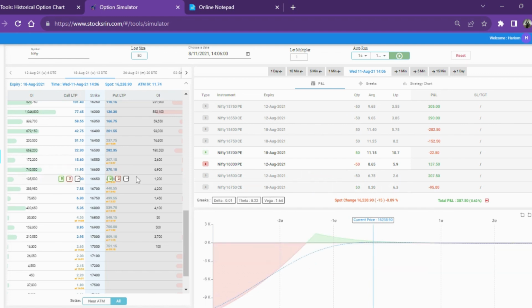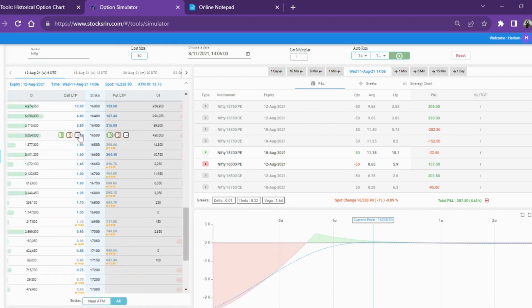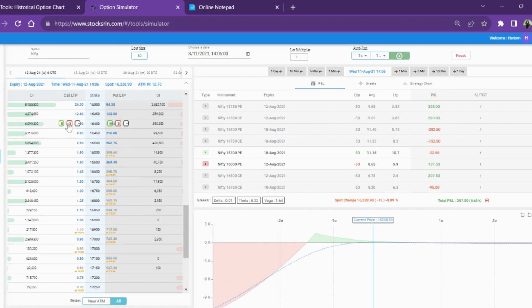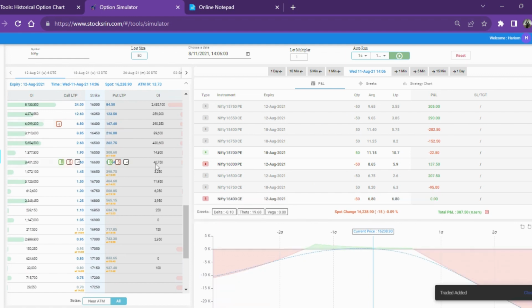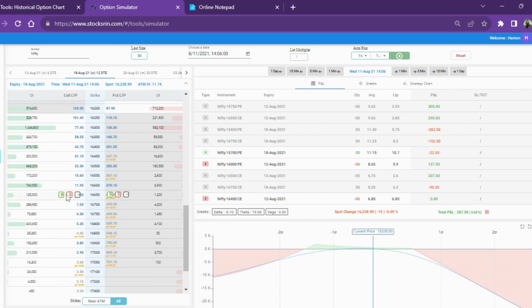So I'll square off the call side, and now I'll be selling a new call of around 6 rupees, or the one slightly above that. Okay, I'm getting 16,400 at 6.8, so that's higher. However, 16,450 is around 3.85, so I'll sell 16,400 only then. 6.8 rupees, and let's buy a hedge for it at around 9 rupees,